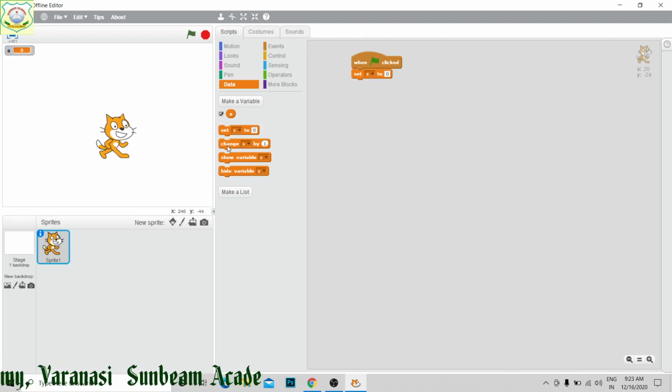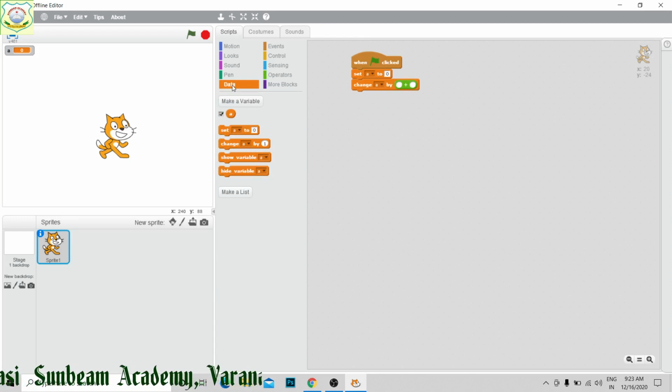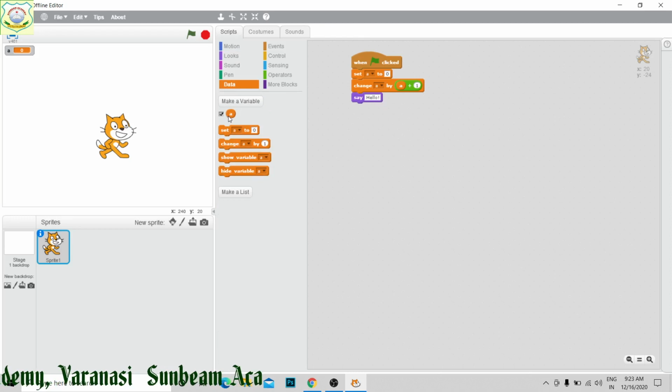How is it going to be increased? I have taken "change A by", then we will use an operator. I kept it over here, then whatever the previous number was, that is A, I have taken A and put it here, and it has to be increased by 1. Then we need the value of A, so I have taken "say", then put the variable you want to print here.